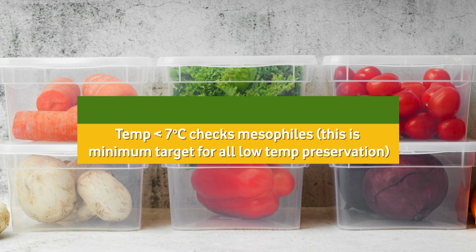The temperature of 7 degrees centigrade acts as a boundary below which most of the mesophiles stop growing. So one challenge is taken care of, but psychrophiles and psychrotrophs may still pose a challenge to the food items. And for that, we need to study in detail how to go for low temperature applications in terms of